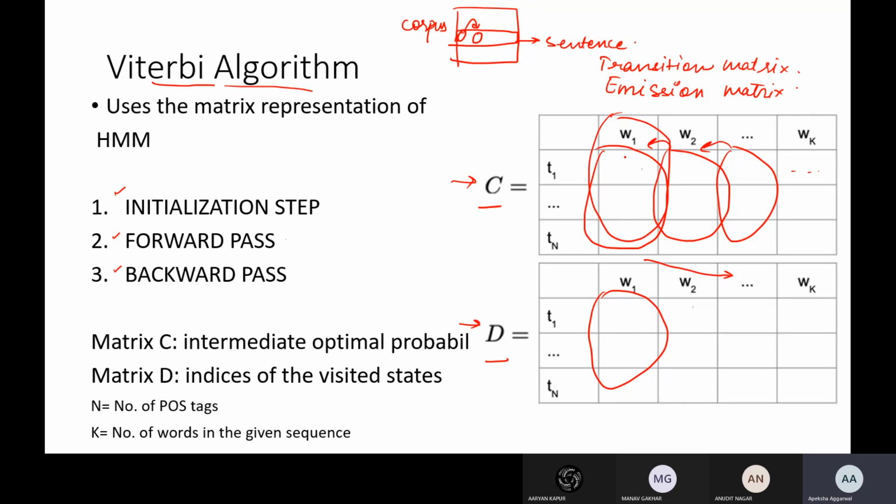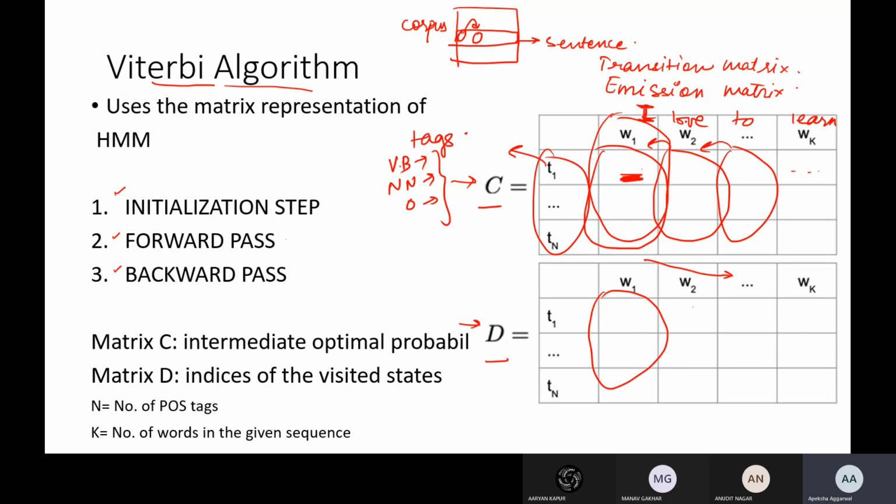The C matrix represents intermediate probabilities of visited states. For example, this x-axis is the tags that I have: verb, noun, other, three tags or three states. And this y-axis represents the words in the sentence. The sentence was 'I love to learn'. So this value represents the chances that I'm at the verb state and I will go to 'I'. Similarly,